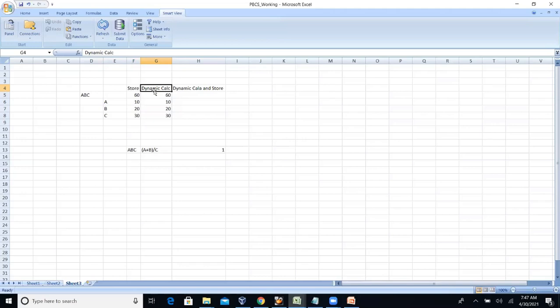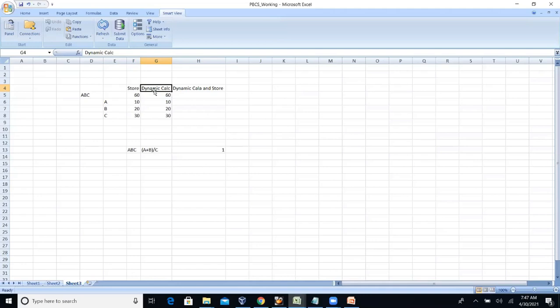If you are using a store member, the data will be stored in the Essbase database. That means we need to have some space. It will occupy some space. The main advantage of a store member is that when we are retrieving data, stored data will come fast.